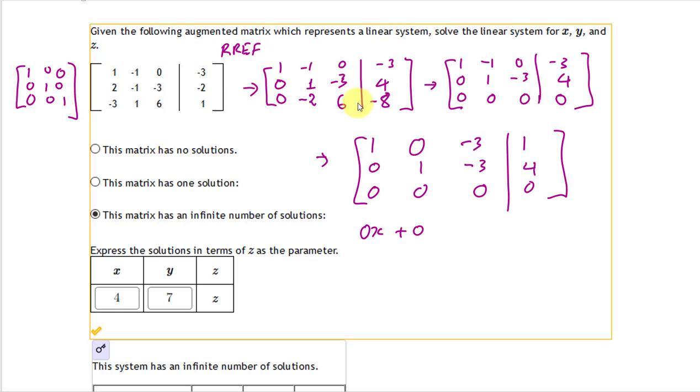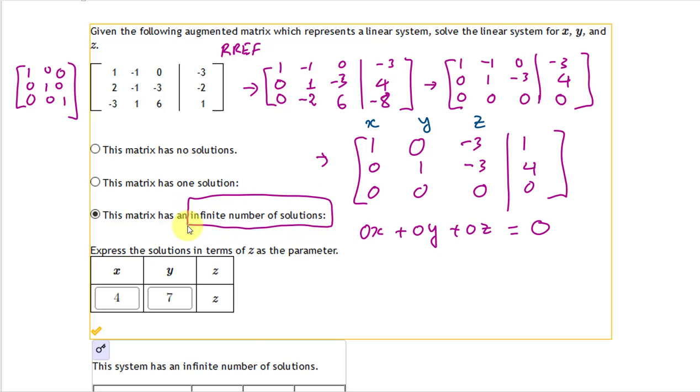Remember, this is x, this is y, this is z, right? So when you write this coefficient back to the equations, we get 0x plus 0y plus 0z equals 0. So in this case, if the last row has all the 0, it means that this matrix has infinite number